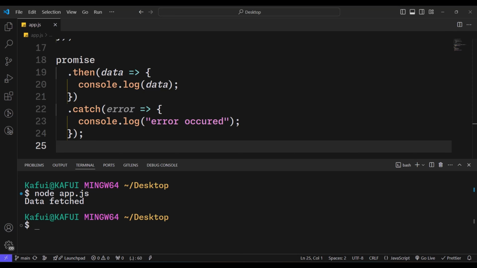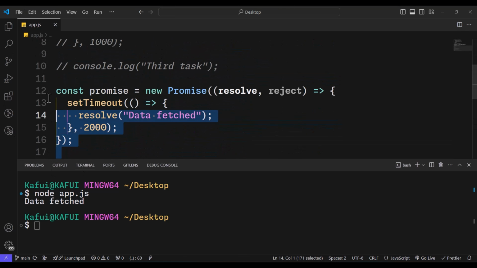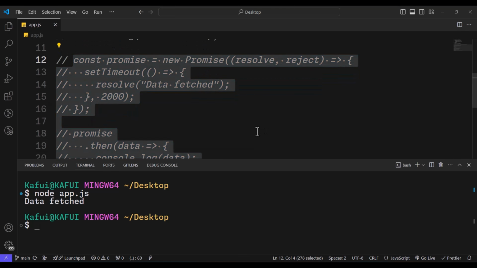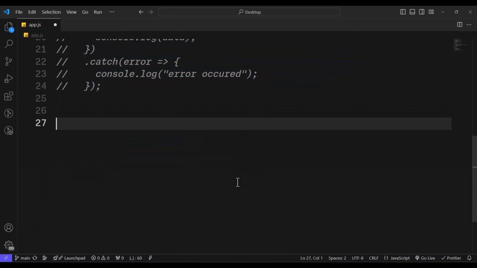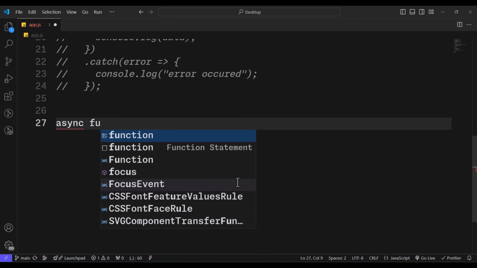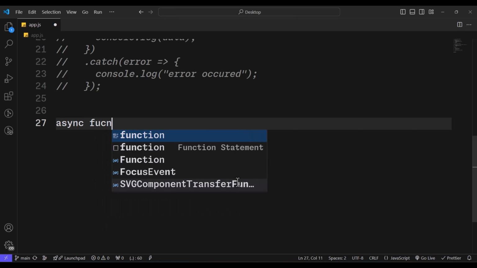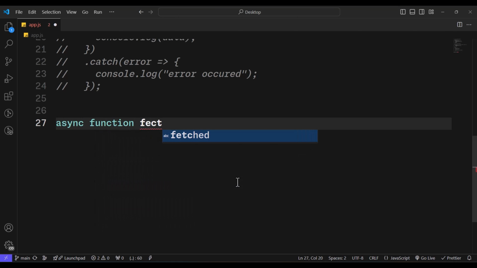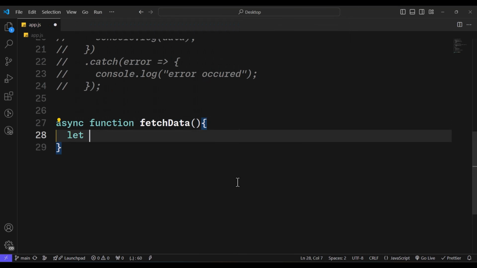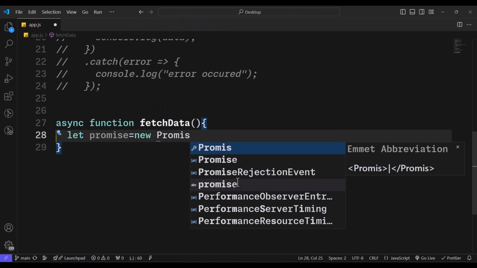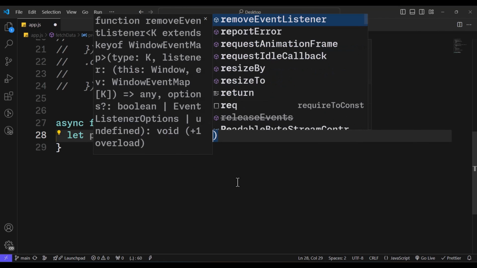So let's look at an example of this async await way of writing the same promise that we just did right now. So I'll just go ahead and close my terminal quickly. So we use the async keyword, then I'll say function, or better still, okay, I'll show you how to use the arrow function syntax and then the function declaration syntax. So I'll just say fetch data. So we will say let promise, so I can use const or let. So new promise here. So this will take the resolve,